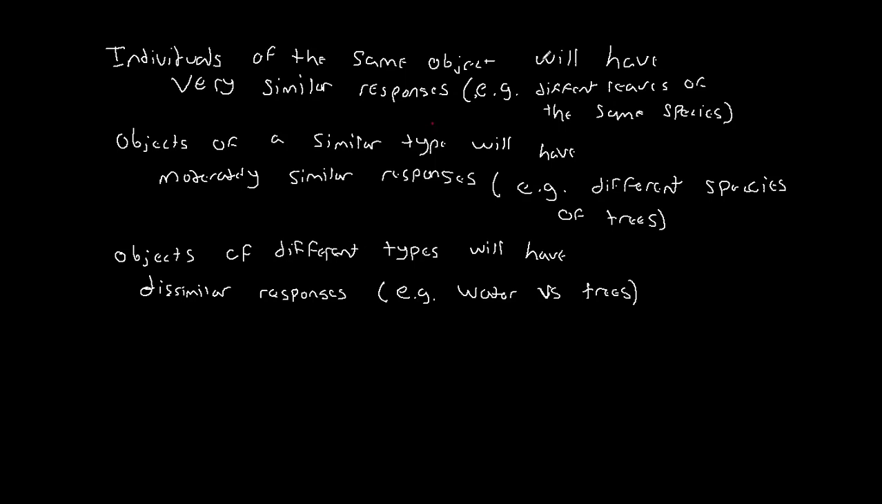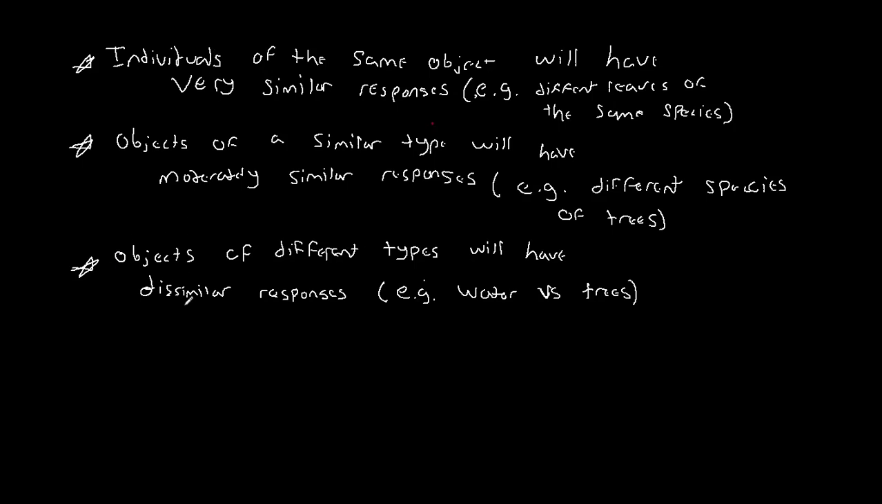So hopefully these 3 points: individuals of the same object will have very similar responses, but not identical. Objects of a similar type will have moderately similar responses, that was those different types of tree species. And then objects of different types will have dissimilar responses, the water versus the tree. So hopefully our example spectral profiles and spectral responses really hammered these 3 points home, because these 3 points